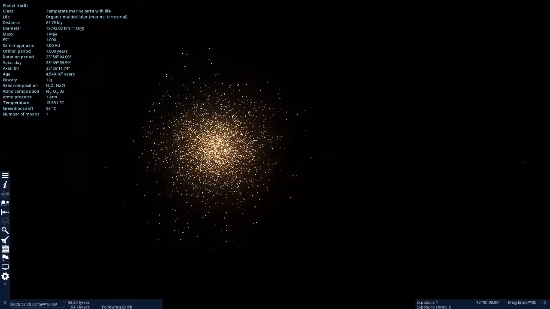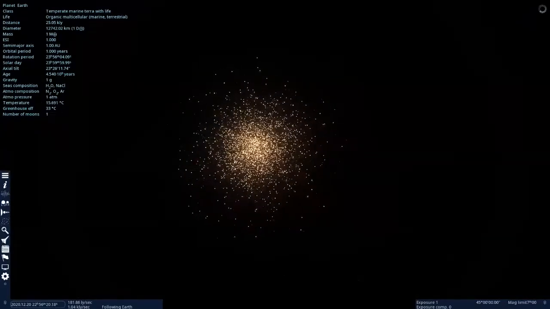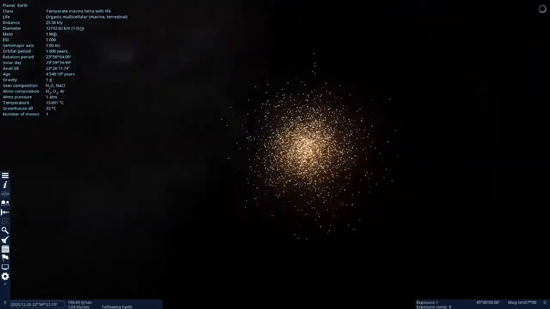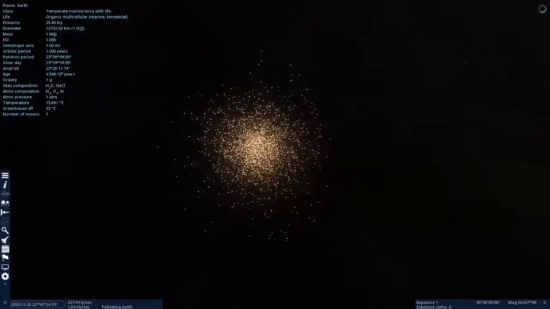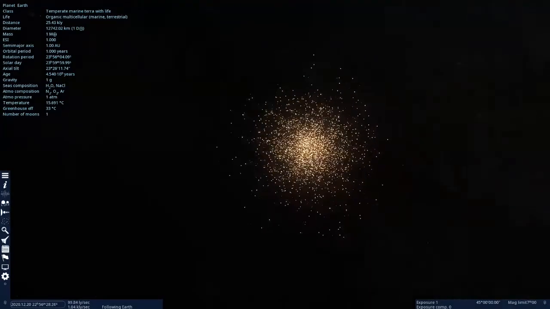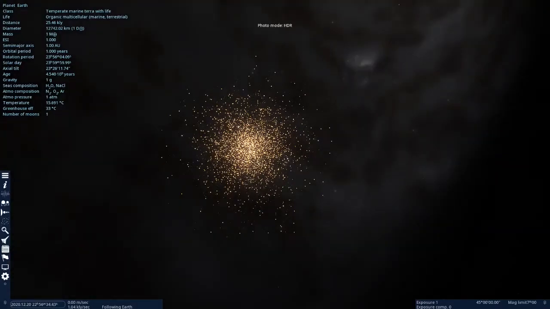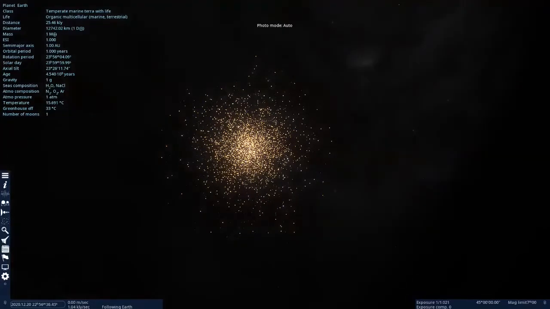I think it has almost 100,000 stars in Space Engine, kind of orbiting around each other in a ball. There was the Milky Way behind us. Let me back up a second so you can see that. See the Milky Way there dimly in the background? And the Magellanic Clouds behind that.